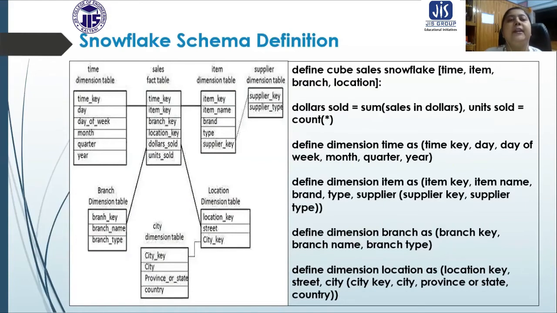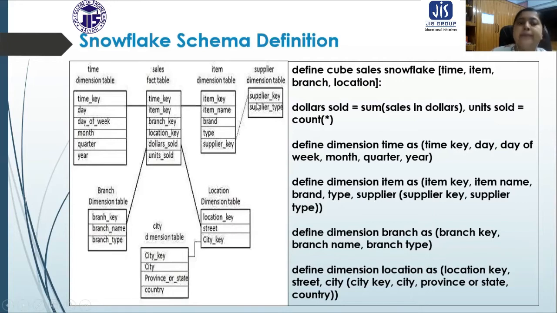So you can see in this figure a snowflake schema. Here you can see the time dimension table, the item dimension table, and the location and branch dimension tables are directly connected with the sales fact table. But the supplier dimension table is connected with the item dimension table with a foreign key relationship. The supplier key is the foreign key here, and the supplier key is the primary key